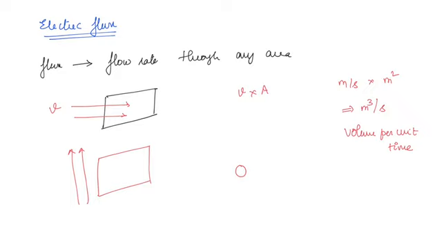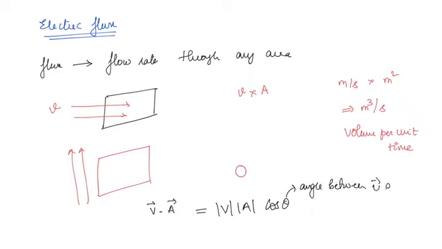So whatever be the material that is passing through, we take the flux to be the dot product of velocity and the area, v dot A. So that it is going to give you v into A into cos theta, where theta is the angle between v bar and A bar, right? That is the meaning of dot product, the product of magnitudes into the cos of the angle between the two vectors.